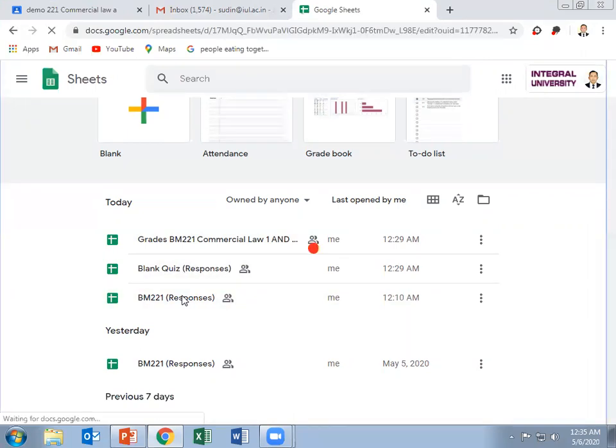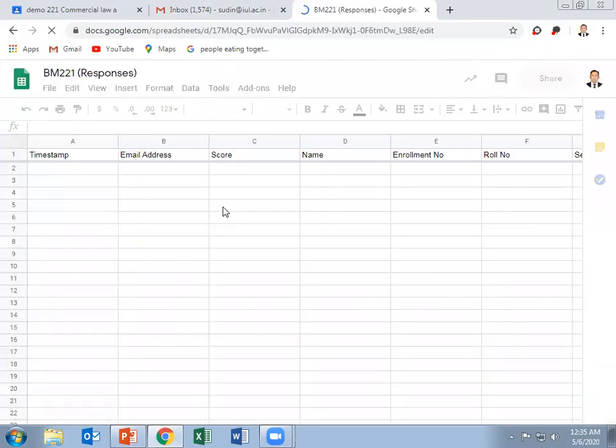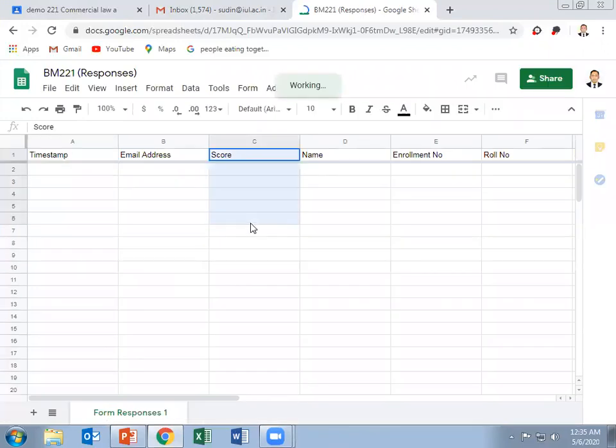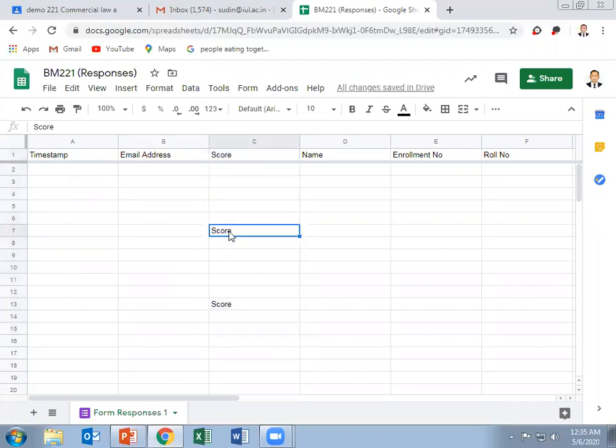Click on this one, and all the marks will be shown in this portion, the scorecard. The scores of the people who have given the exam will be on this side. Their names, enrollment numbers, roll numbers, and email IDs will be mentioned in each column.